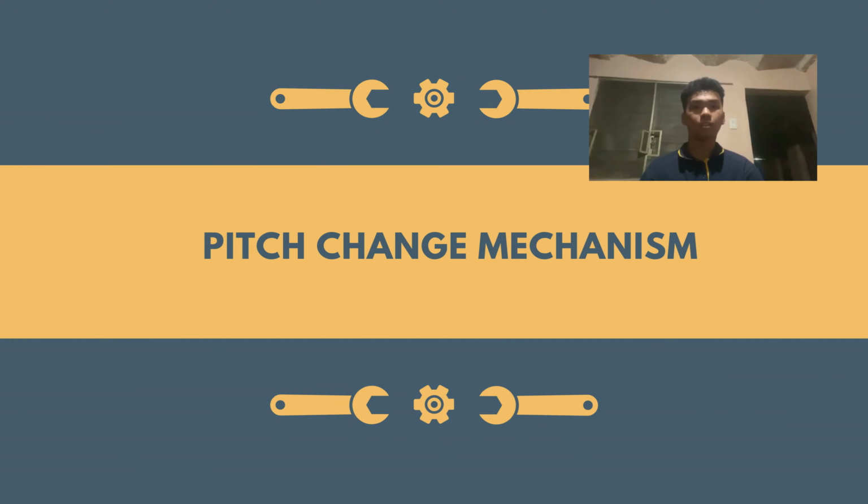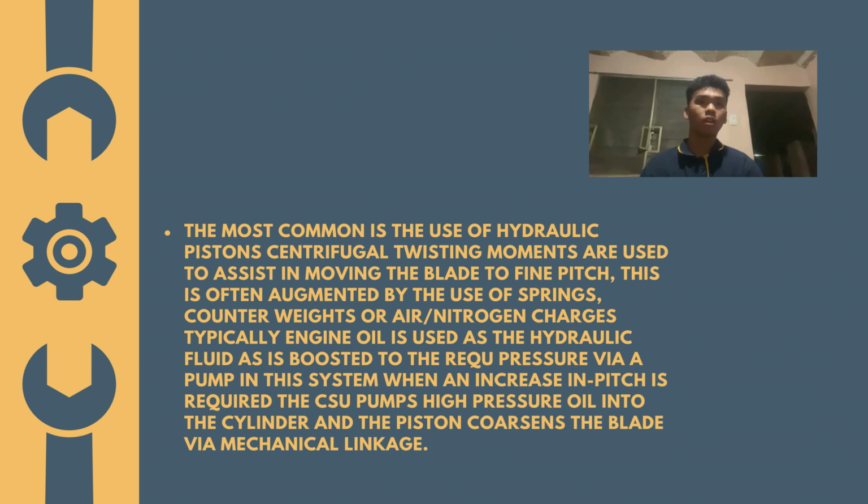Pitch change mechanism. The most common is the use of a hydraulic piston. Centrifugal twisting moments are used to assist in moving the blade to fine pitch. This is often augmented by the use of springs, counterweights, or nitrogen charges. Typically, engine oil is used as the hydraulic fluid and is boosted to the required pressure via a pump in the system. If an increase in pitch is required,